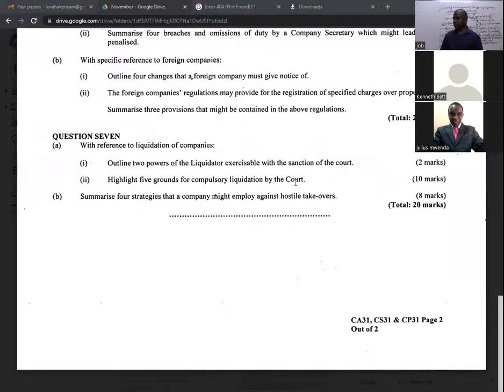So that particular question is from corporate restructuring. I think we've learned about corporate restructuring and about those particular techniques. It's the last thing you'd see in your notes on how a company can avoid a hostile takeover. So we said some of the ways or strategies include, for example, number 1, what you can do as a company. So I can just mention them here.